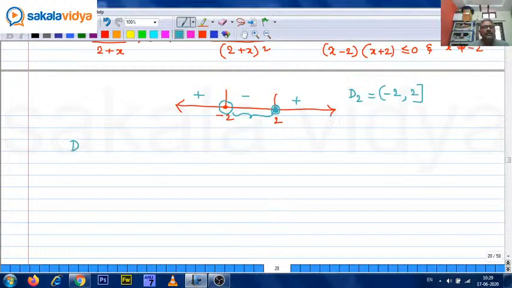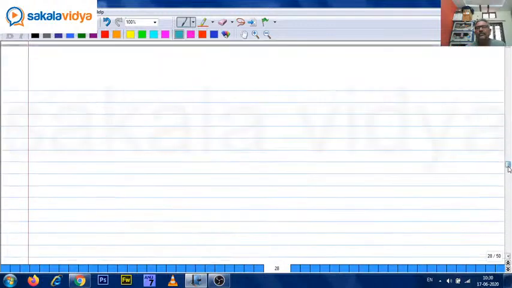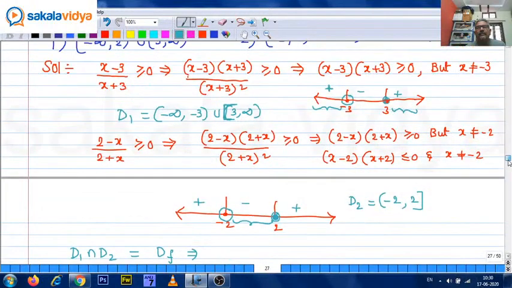So now d1 intersection d2 we need to find out. This is domain of f. That implies, take the number line again. First critical points of the first, minus 3, 3 and minus 2, 2 you need to write. First minus 3, minus 2, 2 and 3 write down. So first solution you need to shade. What is the first solution? Here we have